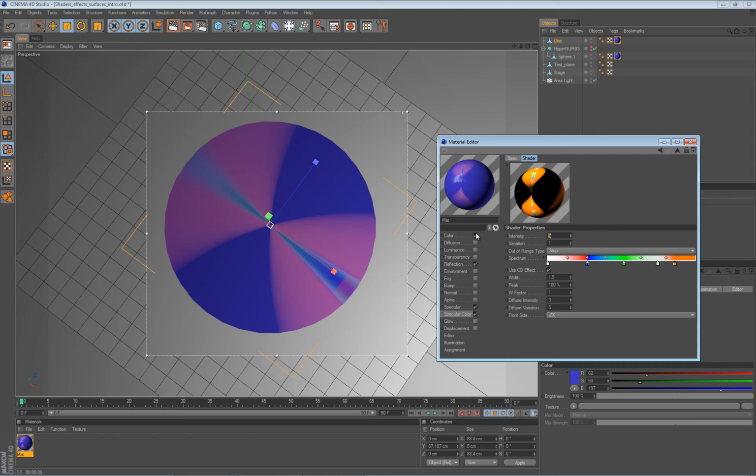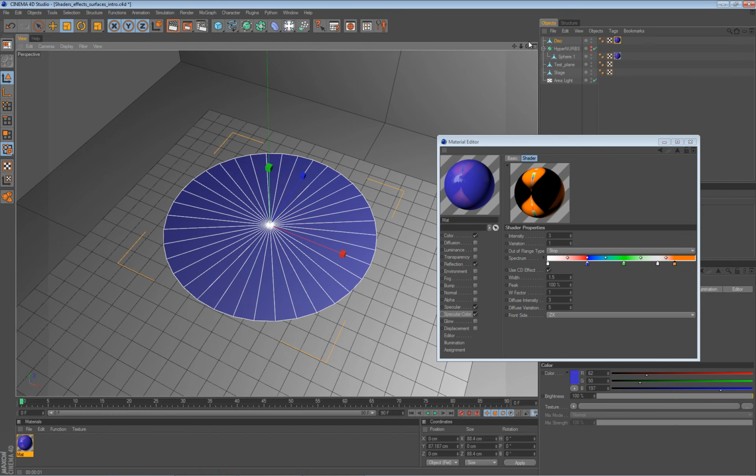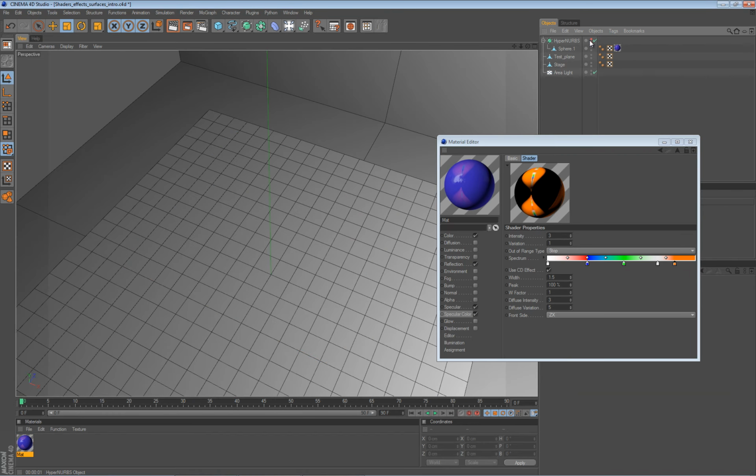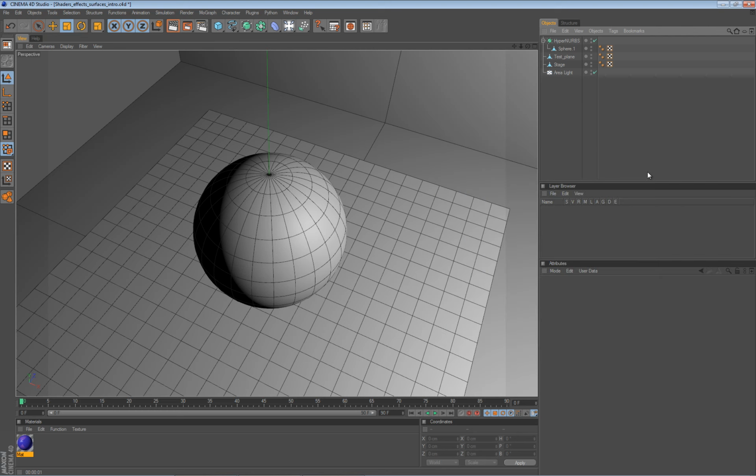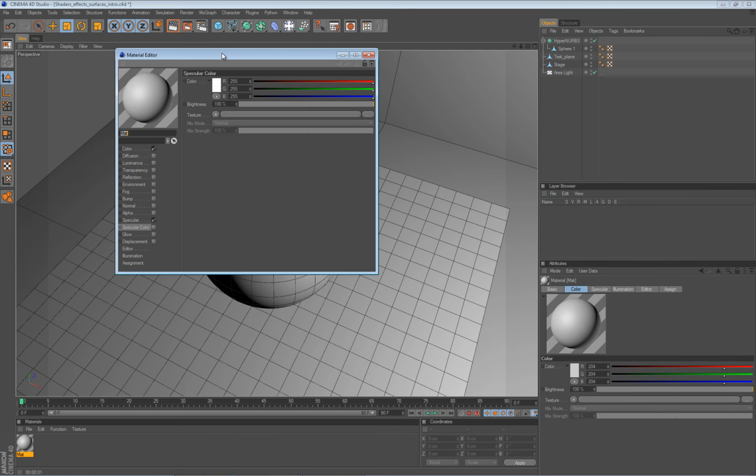Okay, maybe tune this down a bit. So instead of tutoring you, I'm really playing, so I will skip this part and go to our next guy. I got a bit carried away, so let me delete this. I'll re-enable these hypernurbs both in editor and render, and rather create a new material and explain our next guy,